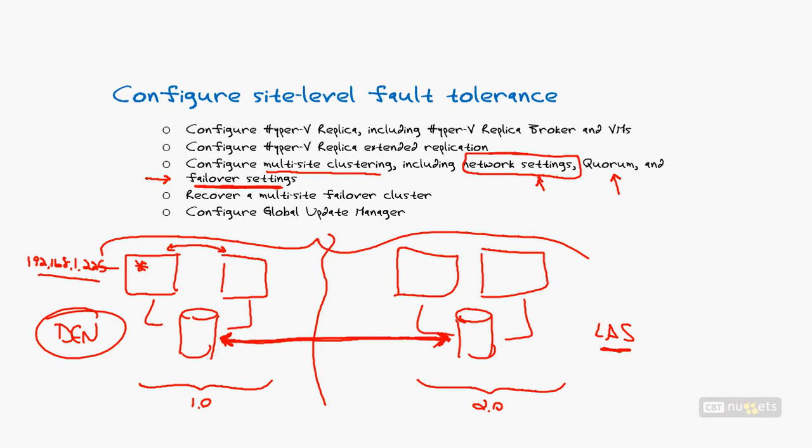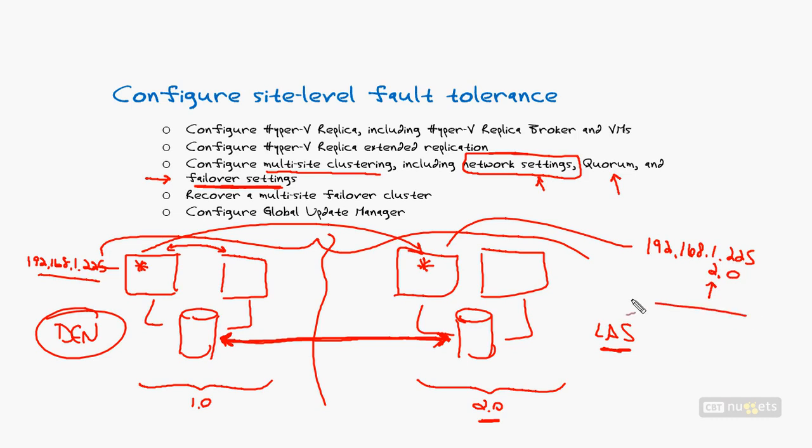The number 2 thing we have to deal with is in recognizing that if we should move this virtual machine over to this site, and it ends up moving over here because Denver is no longer existing on the map, well, this site is a 2.0 site. And so the virtual machine now is going to have a 192.168.1.225 net address that's not going to route in my 2.0 subnet. And so we have to have some way of injecting a 2net address into the virtual machine after it moves